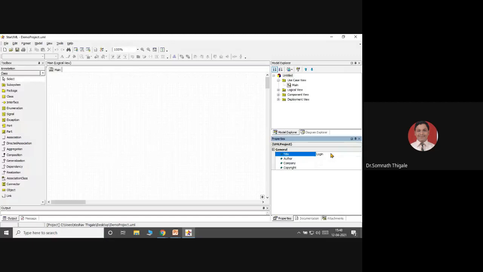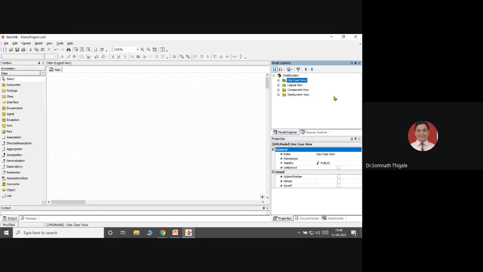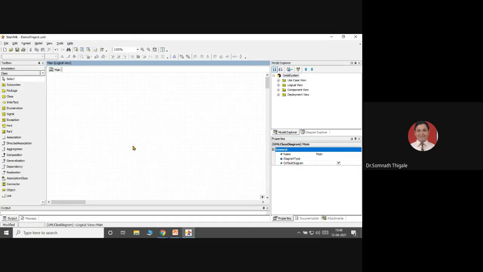Which system am I working on? Just imagine Gmail login or Gmail system. I'll give the name to the project, Gmail system. Okay, so you are all aware of what the Gmail system is. Gmail system is a system which allows different users to create an account. After creating an account, set user ID, set password, and then they will be able to compose emails, send emails, receive emails, etc. So that system I want to use.